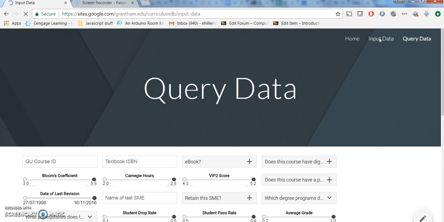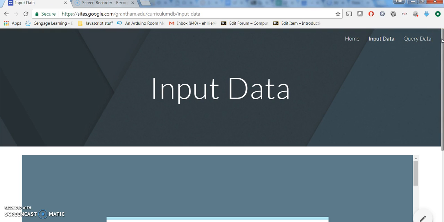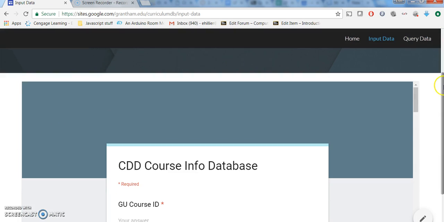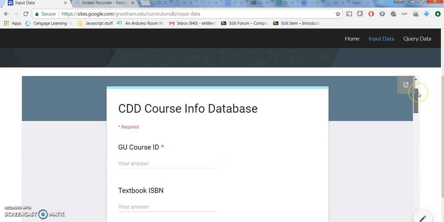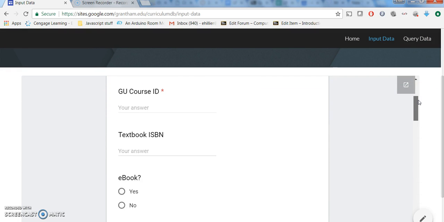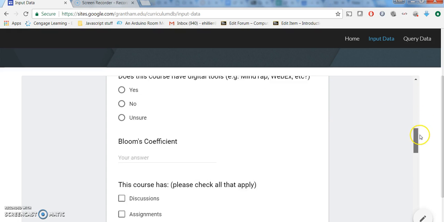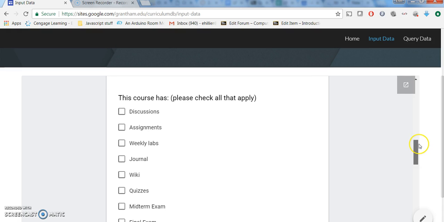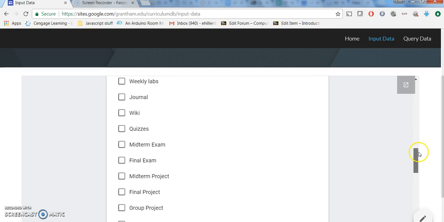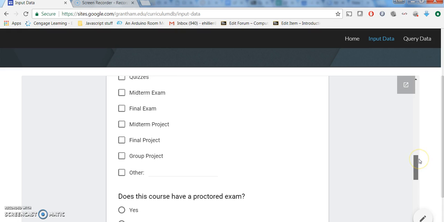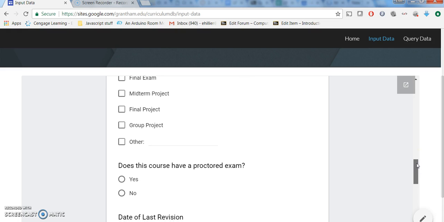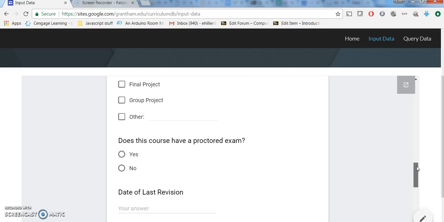But I'm going to go back to this input data page to show you how our faculty and our staff are able to enter information. This is just a basic Google form that I've embedded into the page. And as you can see, there's a list of several different features about the course. And as we are expanding this database and entering data, our curriculum team is able to add changes to this form themselves. They have access rights and edit permissions for all of this. So if we think of, say, this course happens to have an ebook that's not listed here,